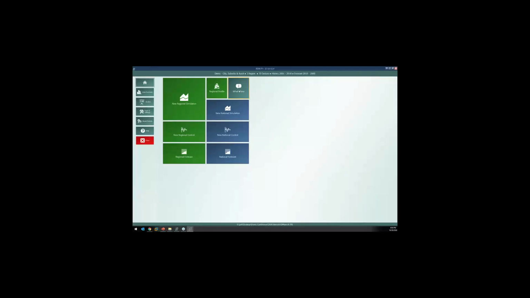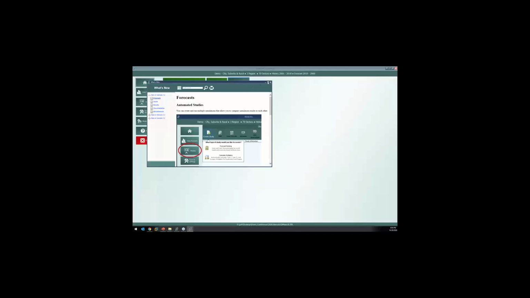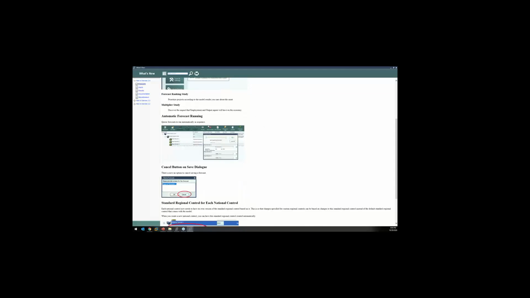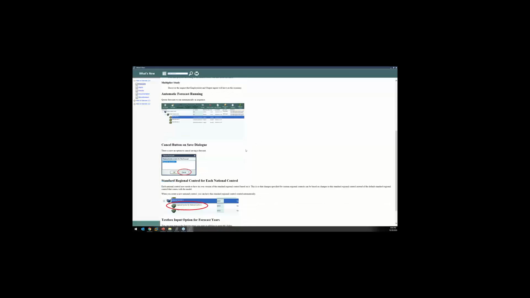And in addition to that, because people don't always know what's new, we put this big shiny new tile on here that says what's new. Instead of trying to have lots of text, we focused on making some nice pictures and animations that show the different types of things that we've done here.